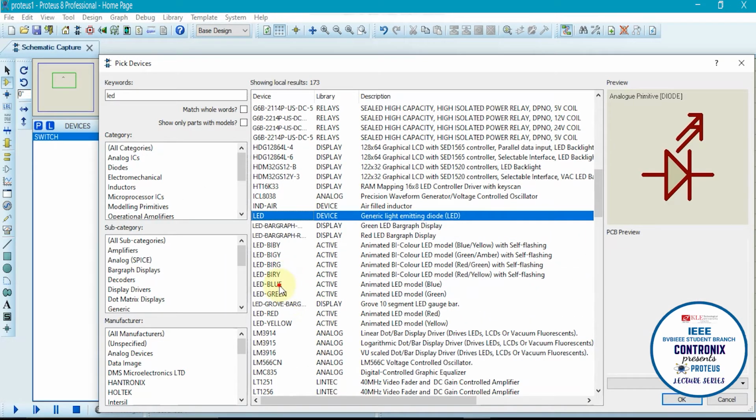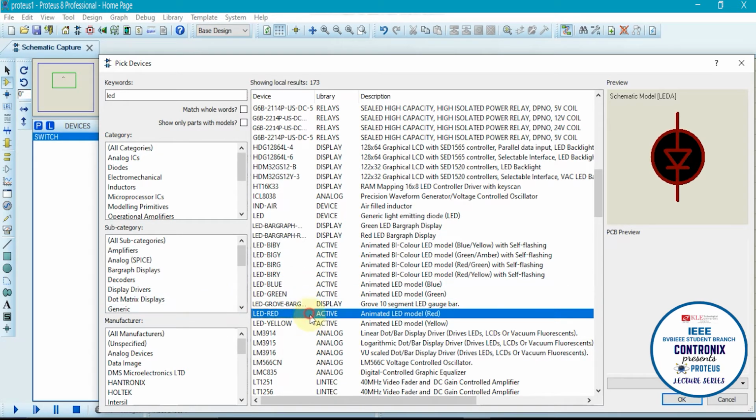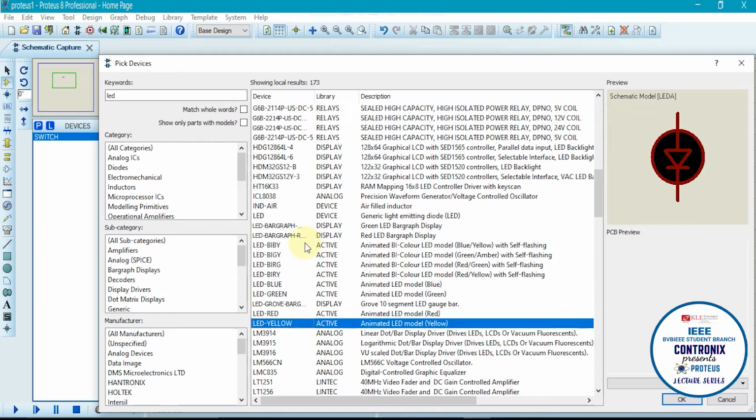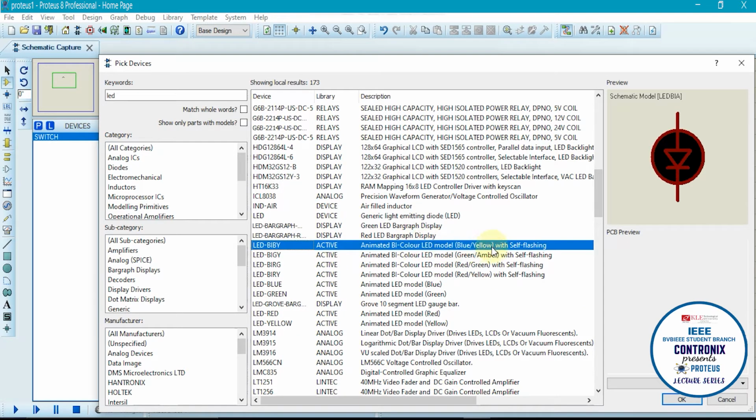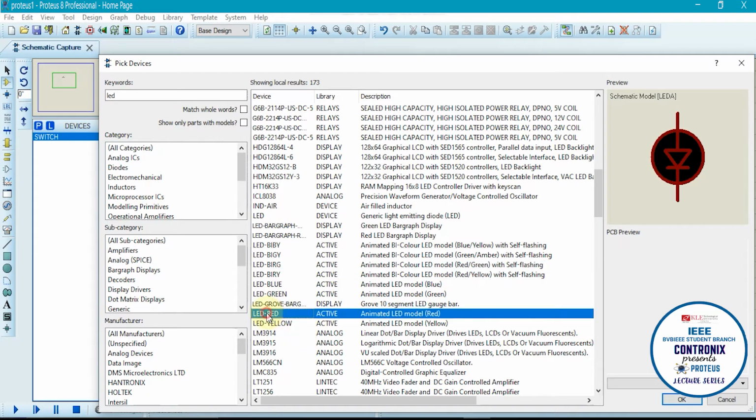If you go here, you can see there are different colors available, like LED blue, animated LED blue, green, red, and yellow, and you can also have combinations like blue yellow, green amber, red green, etc. For the demonstration purpose, we will be using an animated LED, that is a red LED.